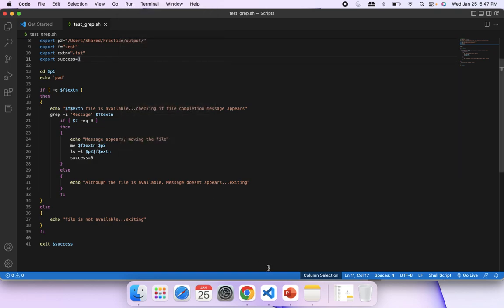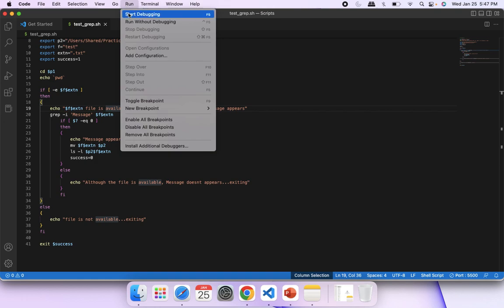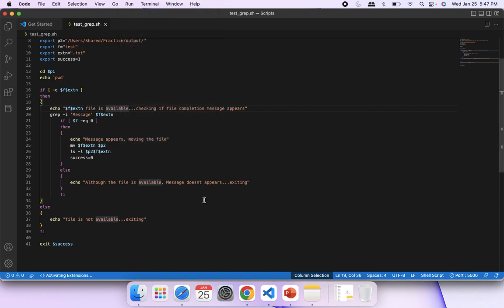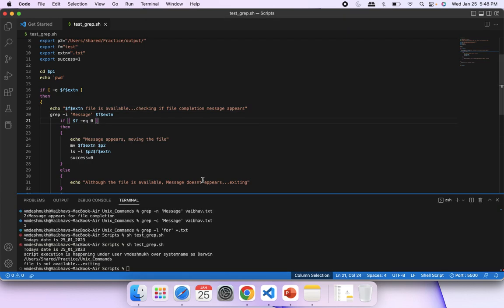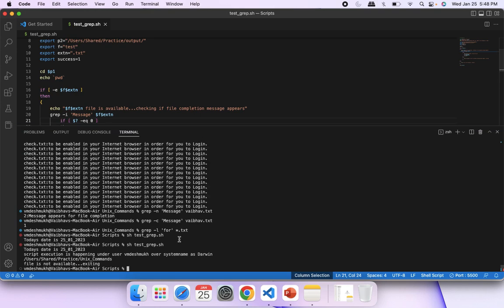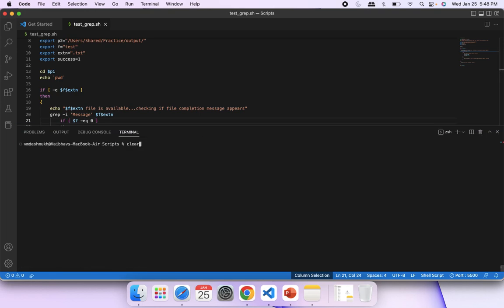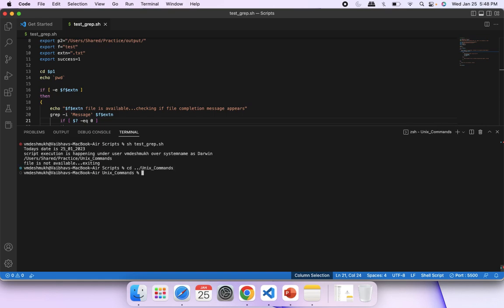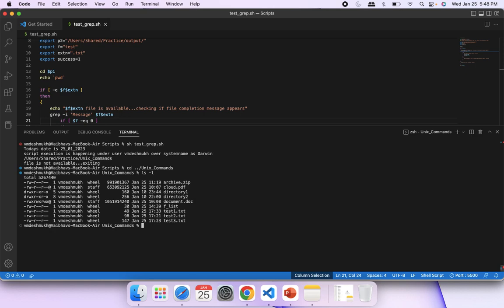So let me just run the script. I will clear the screen. Of course, I think the file we haven't created. File is not available. So let's go to this path first. And as the file is not available, let's do one thing. This file is already available. So we will just